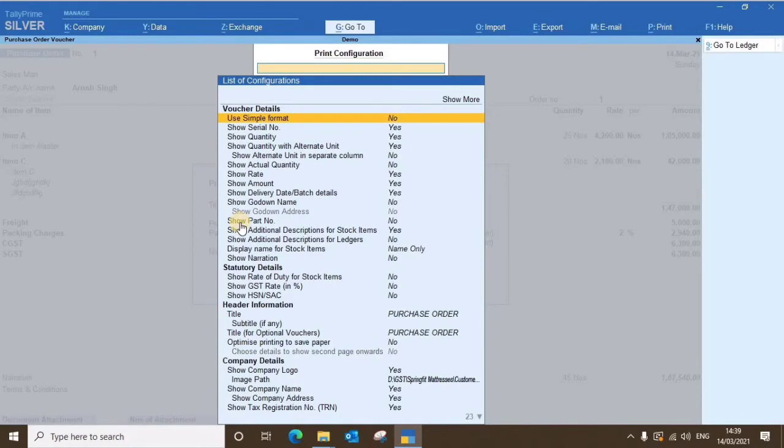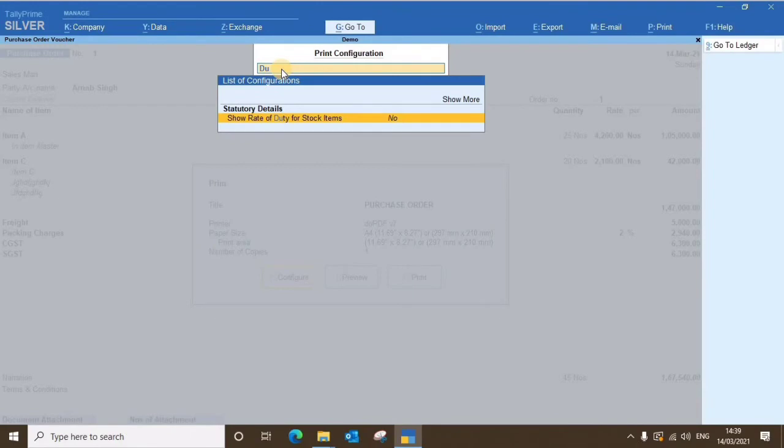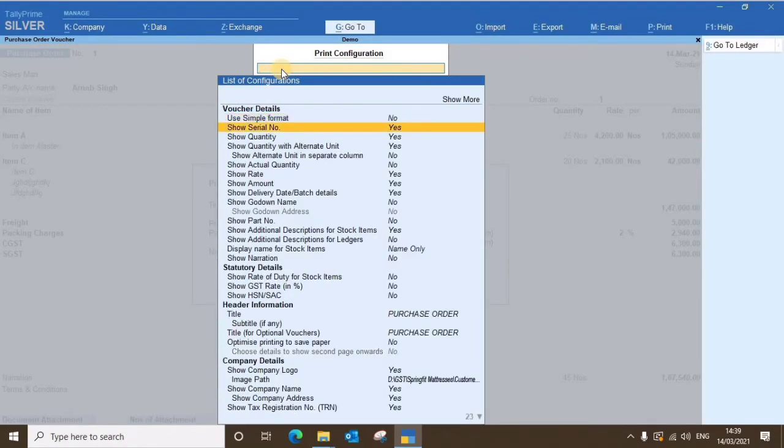Okay friends, for options you do not want to display or print, just make it no. If you want it on the printout, make it yes, then it will be displayed on the PO also. See, if I do not want to display the due date of the product, the dispatch due date, I will check it. If it's difficult to find, just type due date on the top of the screen. Here it is not found. I will check one by one.